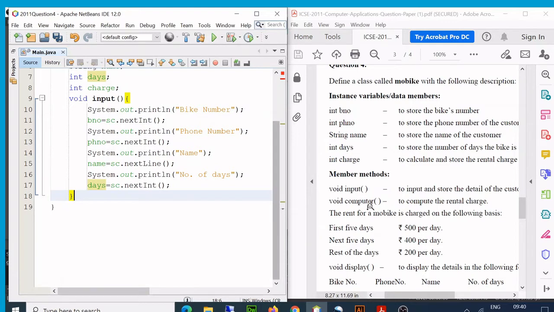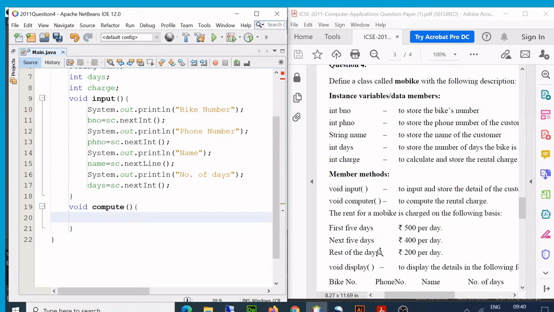And then comes compute. They've written it is compute actually. Void compute. Now it says that the first 5 days we have to charge 500 rupees per day. The next 5 days 400 per day, and the rest of the days 200 per day.